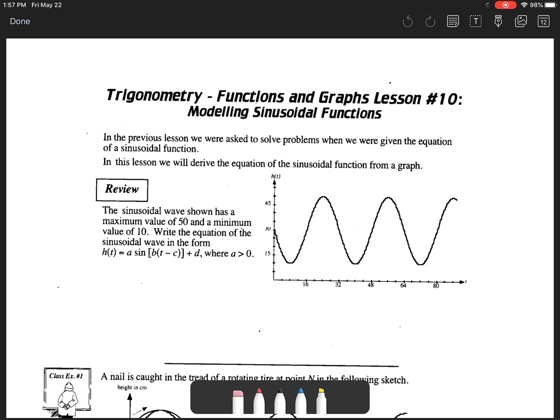So like I had mentioned yesterday, the difference between today's lesson and yesterday's lesson is that today we will be asked, for the most part, to also come up with the equation that we're going to use to solve whatever questions they throw at us. If you remember from yesterday, they gave us the equations for the most part, the parameters a, b, c, and d, their values, and then we either graphed or used an algebraic process to come up with the solutions. So you'll see today they give us a graph or a picture or a situation. We will come up with an equation, usually based on sine or cosine,